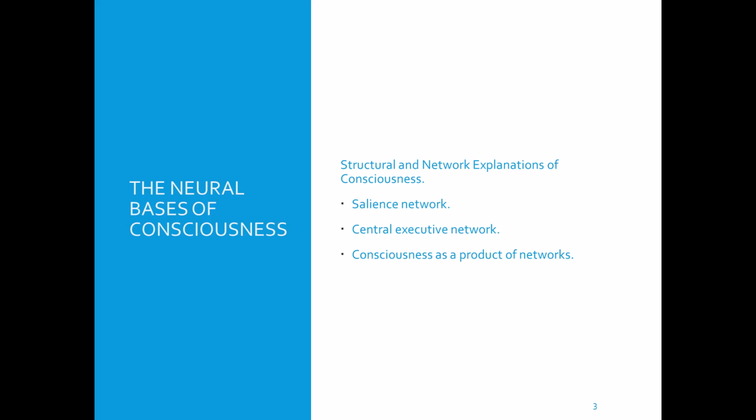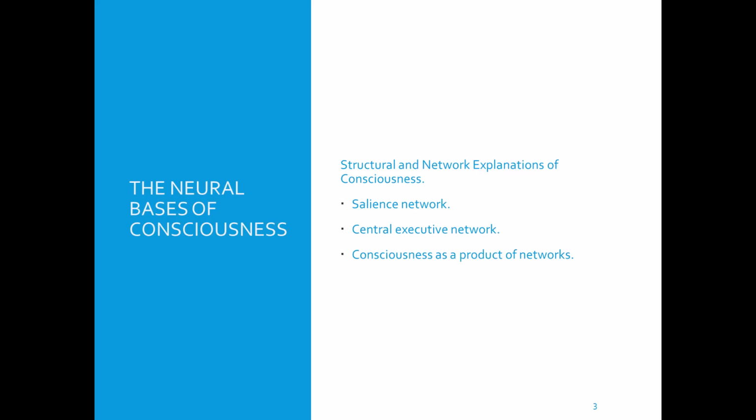Now, the Salience Network, again, detects significant stimuli that require attention. And just as a little FYI, this part of the brain is abnormal in individuals with some OCD, or obsessive compulsive disorder, related disorders. Now, the Salience Network switches back and forth between the default mode network, which is active when your brain is at wakeful rest, and the central executive network, which controls attention and working memory.